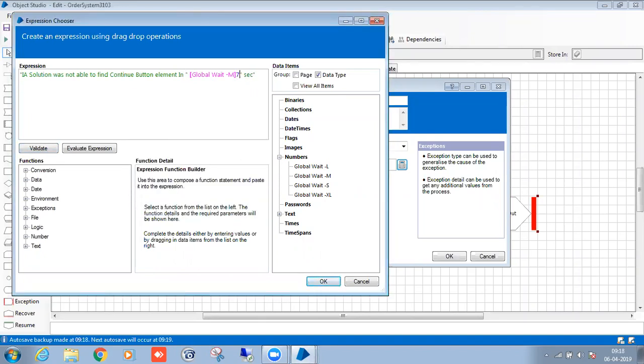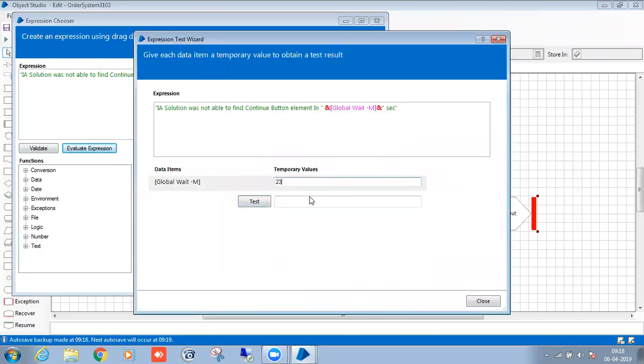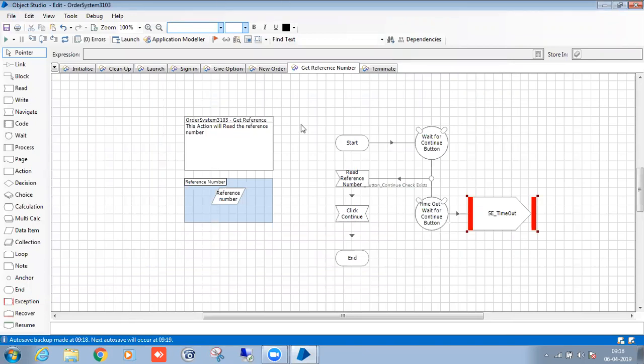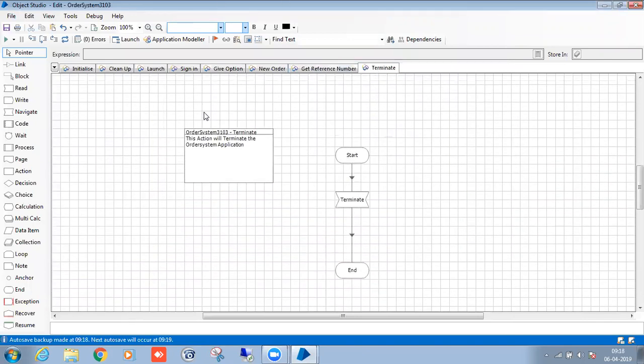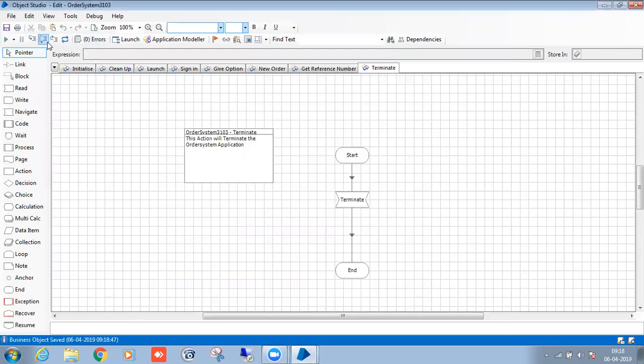Because we haven't applied the unseen. Yes. Right. So we have completed with the Object Studio. There are no errors. So I am saying it. So see, there are no errors here.